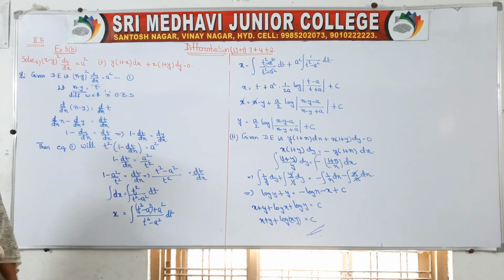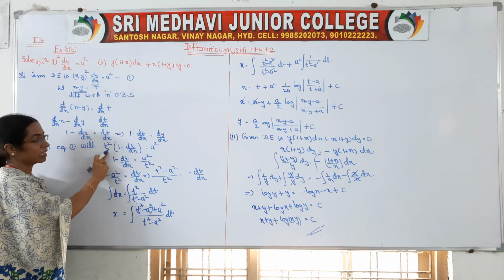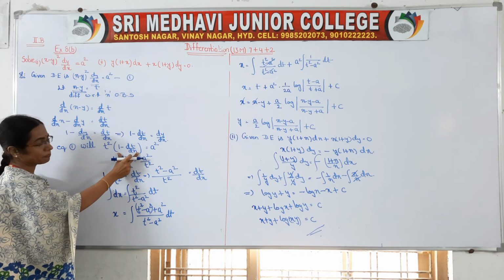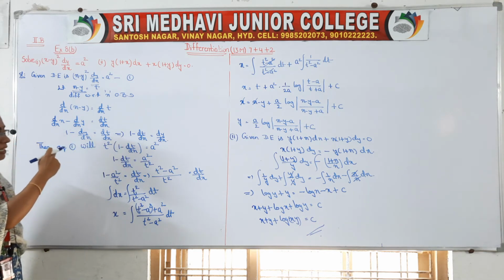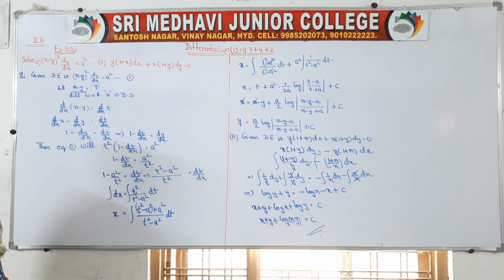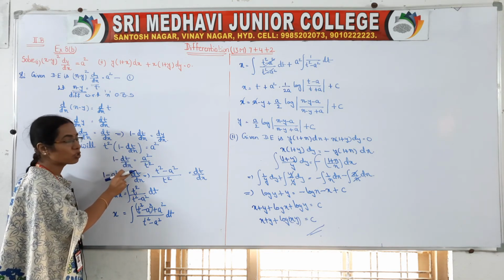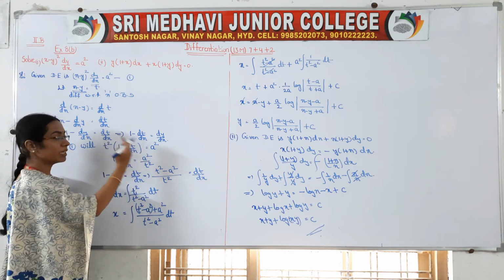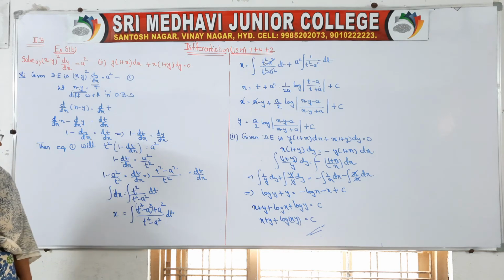So once we got a dy by dx value, your equation number 1 will be in x minus y whole square t square, and instead of dy by dx we have taken this one. After this, send t square that side. It is multiplying. If you send other side, it will divide. So again, if you observe minus dt by dx, it should not be negative. So send this value that side and bring a square by t square this side, and taking the LCM.